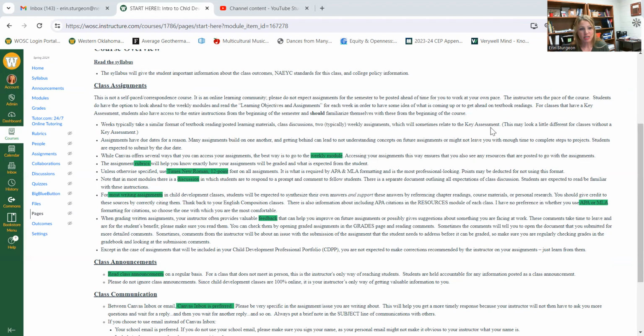So students are expected to submit by the due date. While Canvas offers several ways you can access your assignments, like by going to the syllabus, you can see them there. You can see assignments on grades. You've got your awesome to-do list. I love the little to-do list that you can see from your homepage,